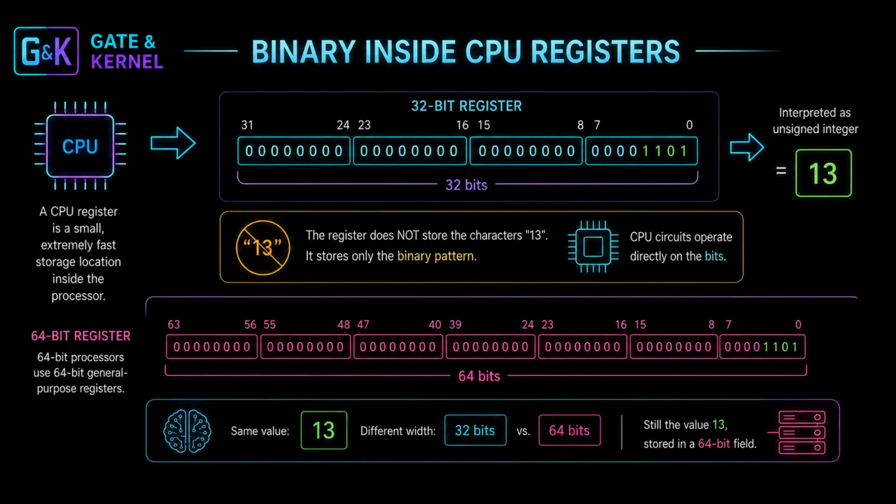Chapter 2. Binary inside CPU registers. A CPU register is a very small and extremely fast storage location inside the processor. A 32-bit register stores exactly 32 bits. For example,